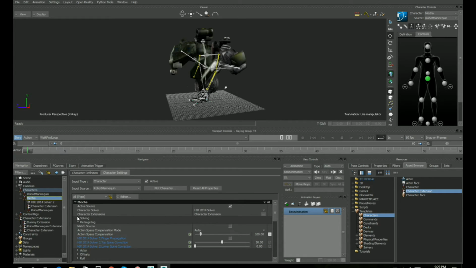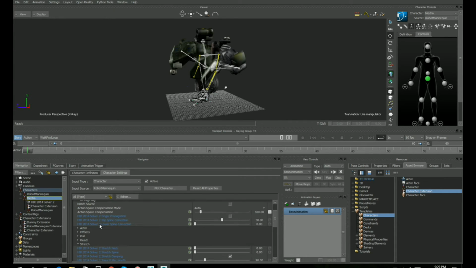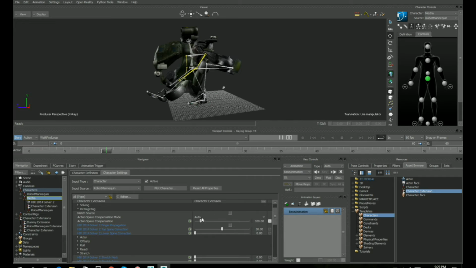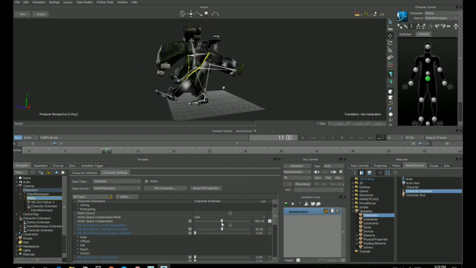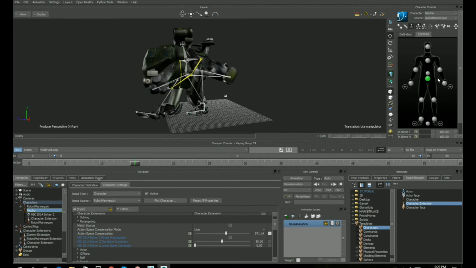We have retargeting, and we actually have a lot of various different options for retargeting. Let's go to retargeting, and there is an interesting thing called action space compensation. Right now it's automatic, but we don't want it automatic. We want to move the slider